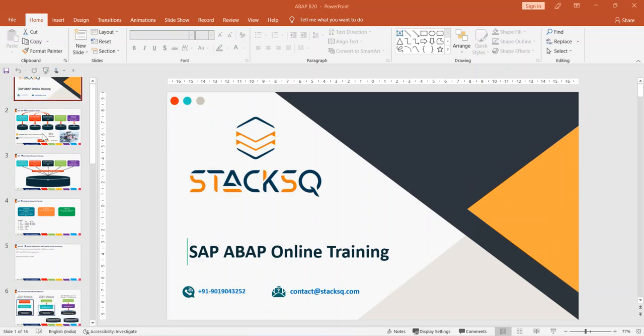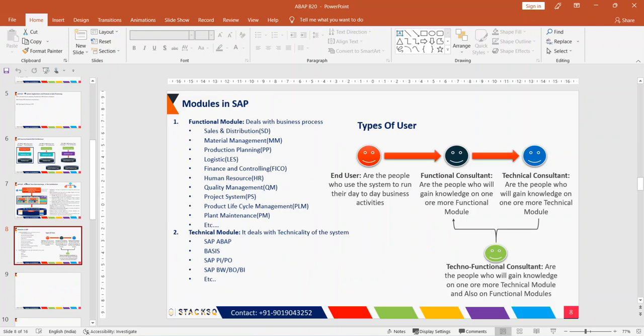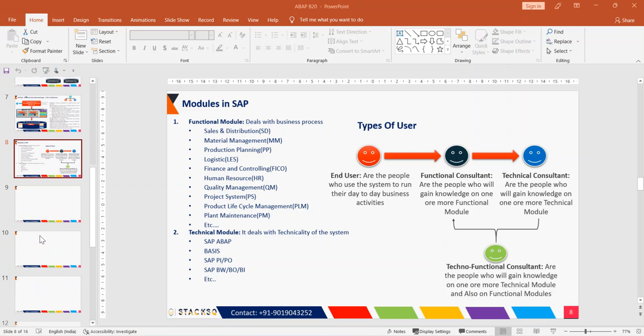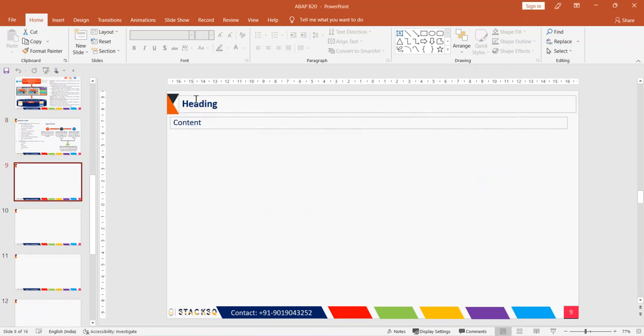In our last session we understood about the modules in SAP, like functional module and also what is technical module, and then what type of users will be using the system, right? So in today's class we'll understand about the types of projects we may get to work on, right? Let's understand